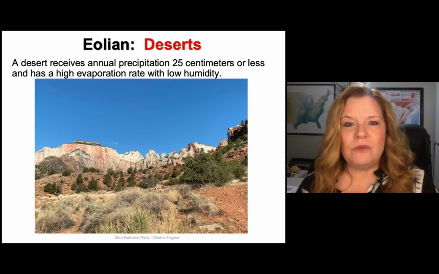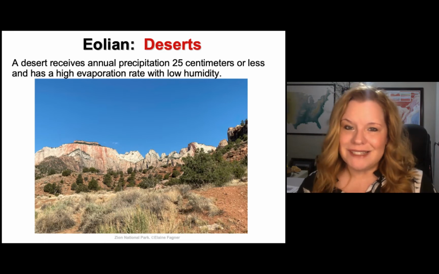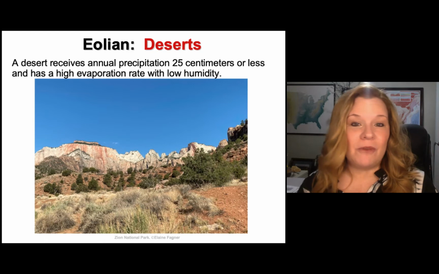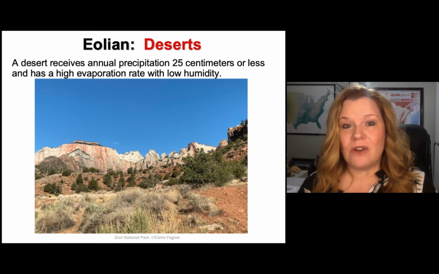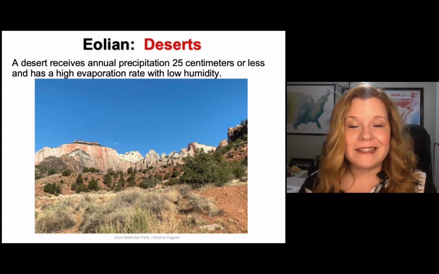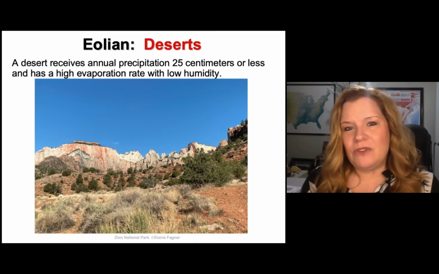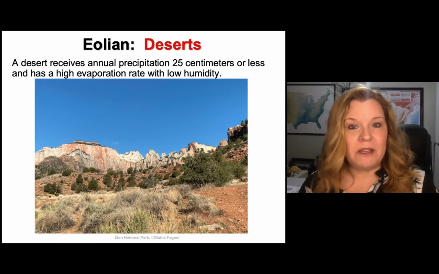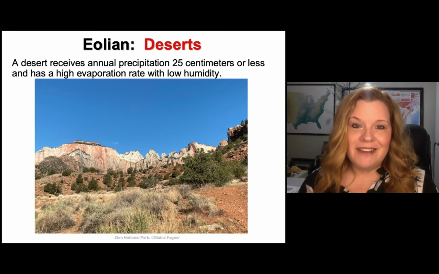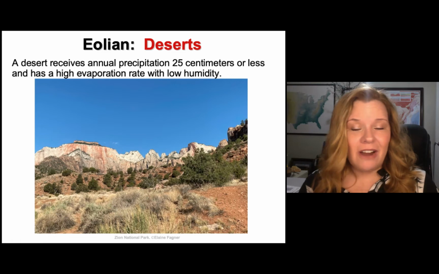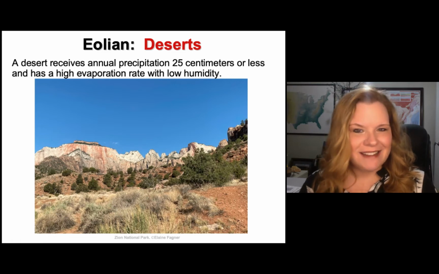So let's talk about what makes a desert qualify as one. Deserts receive annual precipitation, and not all deserts receive the same amount. There are some that are much drier than receiving 25 centimeters a year. But if an area receives that much or less, it qualifies as a desert. There are a variety of deserts in super cold regions. Not all are hot. The amount of precipitation matters because it's going to dictate the ecosystems and the life forms that can live there. That's how physical geology and ecology and environmental science connect.